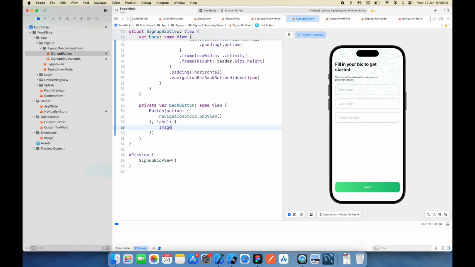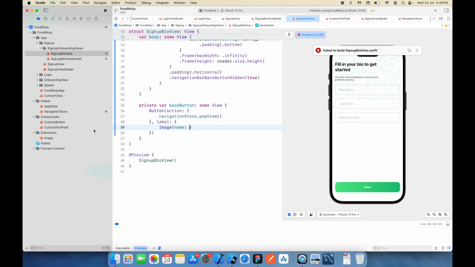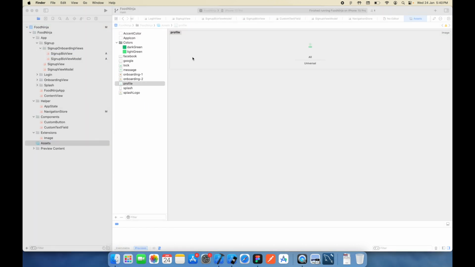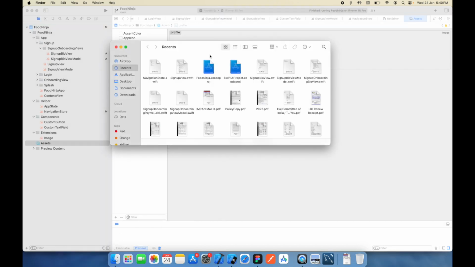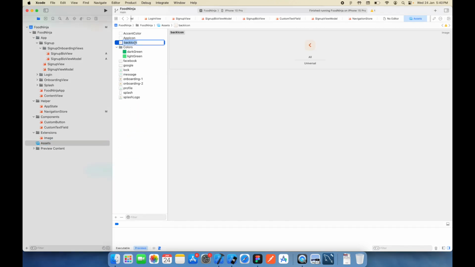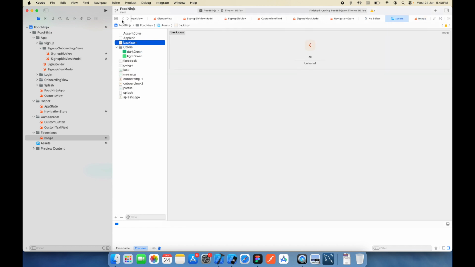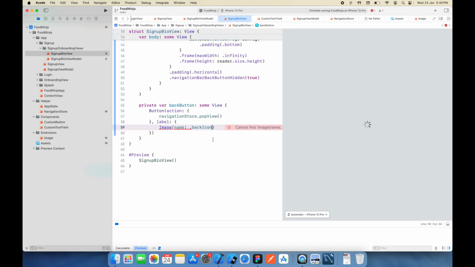On the label, we use an image, back button image. For that, I haven't copied it in the asset folder. Let me copy it. I already have it inside of my download folder. You can download it from the Figma link I have added in the description. Let me copy it here. Don't forget to add its name inside of our image extension, where it is at the last. Okay, I'll copy it here. Now we just need to use its name, back icon,